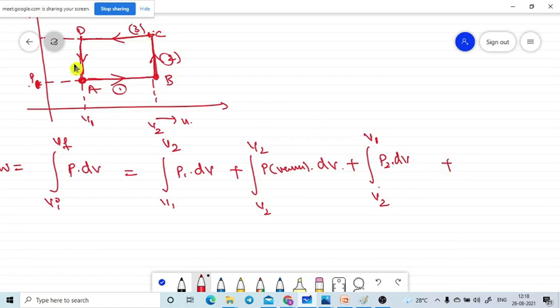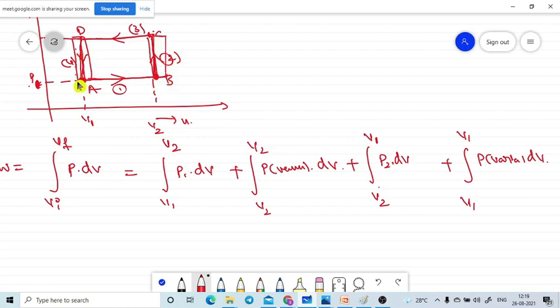Now I am going to the fourth graph. Integral from where to where is it moving? V1 to V1 only, but pressure is a variable, into dV. But one thing you need to note: this graph is exactly opposite to the other graph. Both are the same. See, this is the straight line, which is on the other side.